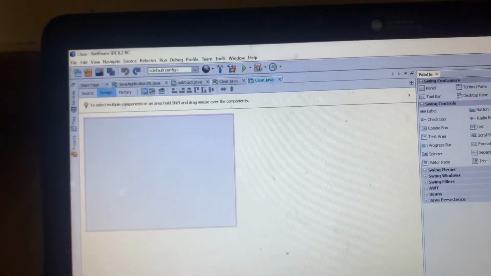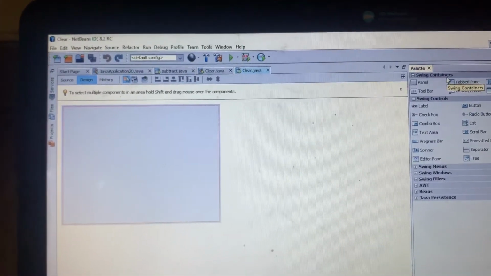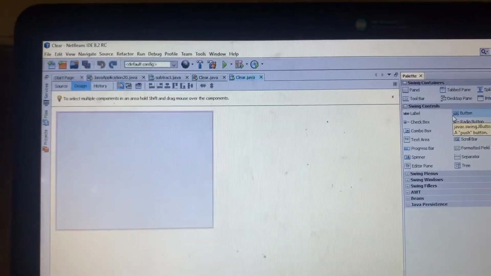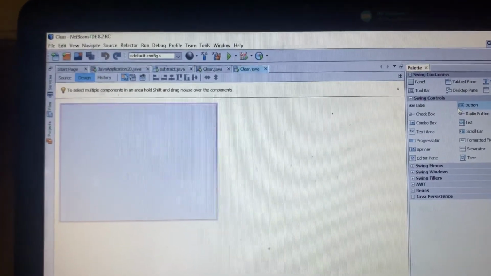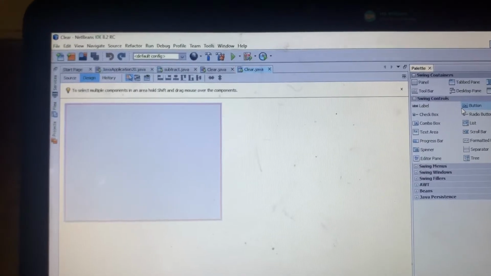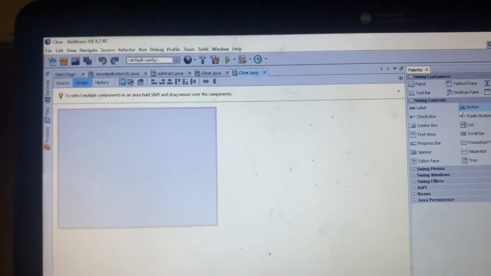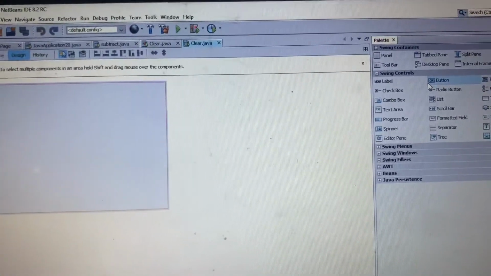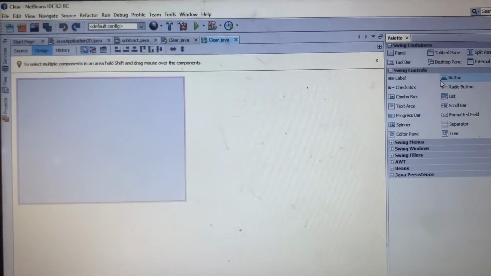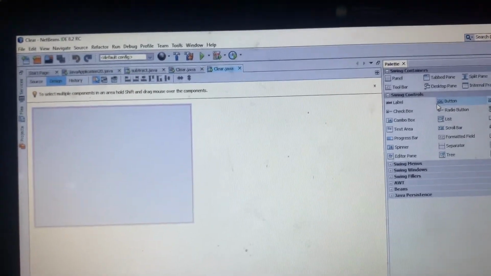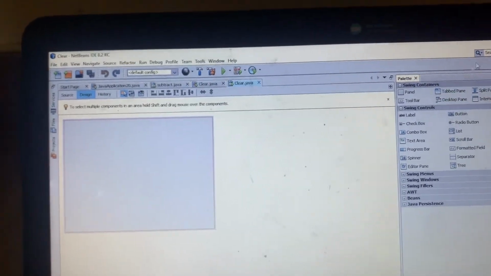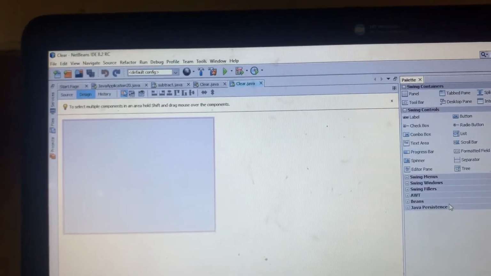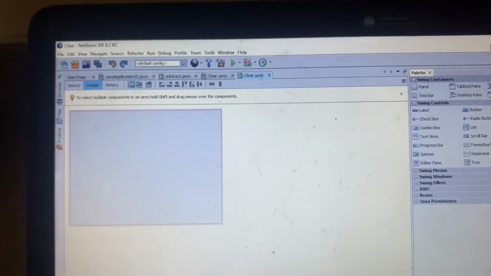On the right side you can see that there are containers and controls. Containers are basically the Java panel, split pane, scroll pane, in which we can put our controls or the labels. Label, checkbox, combo box, radio button are the things. And there is also a property window for this. If you do not find this, then search for the palette window. This is the palette window which contains the containers, controls, and the properties of all our menu.